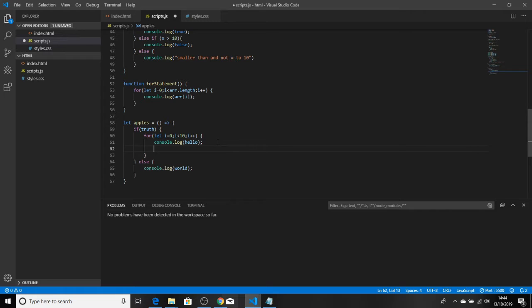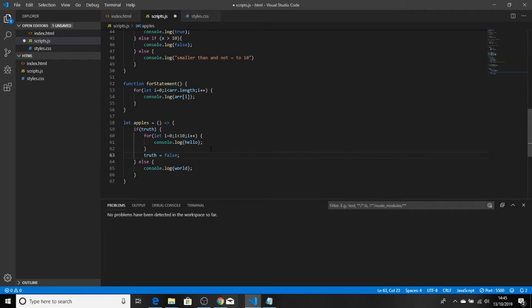And then if truth is true, we'll do this for loop until i is completed, and then truth equals